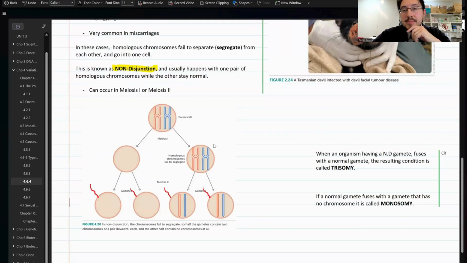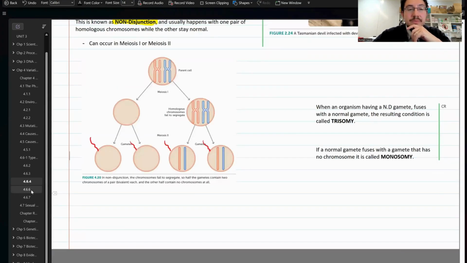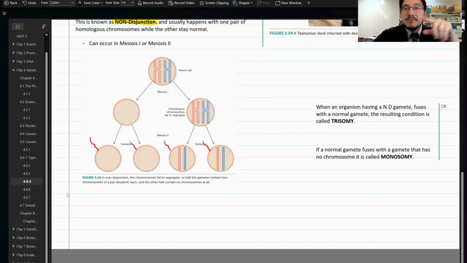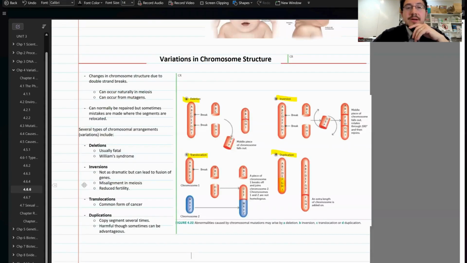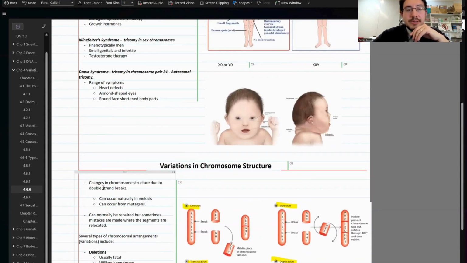And this is the case that happens with individuals with Down syndrome, where they have trisomy 21. They have a set of three chromosomes for the chromosome set 21. We're going to take a look at that. So you have non-disjunction. Some other characteristics: